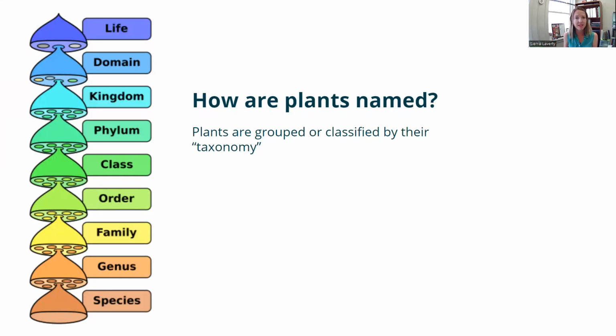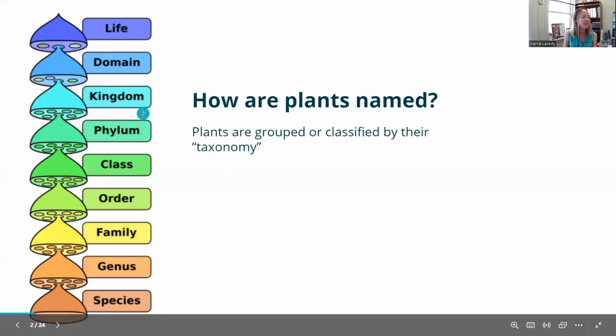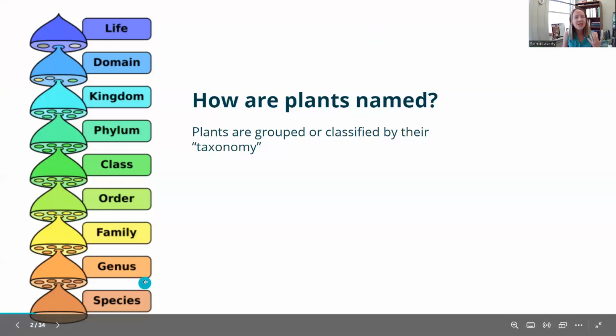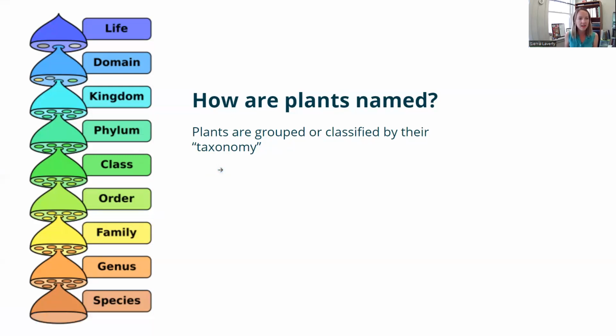How plants are named is based on their taxonomy. So taxonomy is just the classification of living organisms. You may have seen this chart before, maybe in a previous biology class. Kingdom, phylum, class, order, family, genus, species. Should look a little bit familiar, but we're really dealing with these last 3 primarily here: the family, genus, and species. But I wanted to show you how we get from point A to point B when